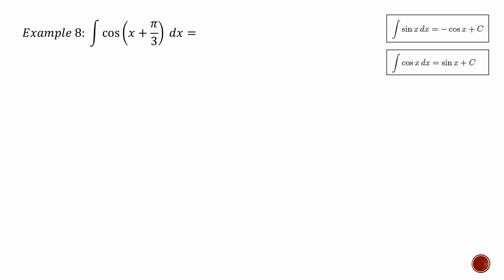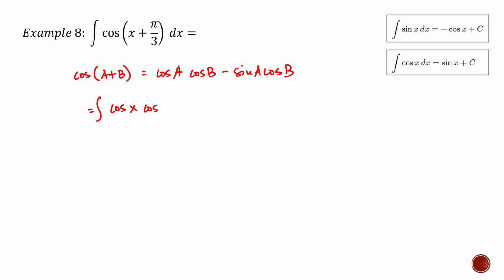Just to remind you about that identity: cosine A plus B is equal to cosine A cosine B minus sine A sine B. Alrighty? So to apply that identity in our problem, this is going to be equal to cosine x cosine pi over 3